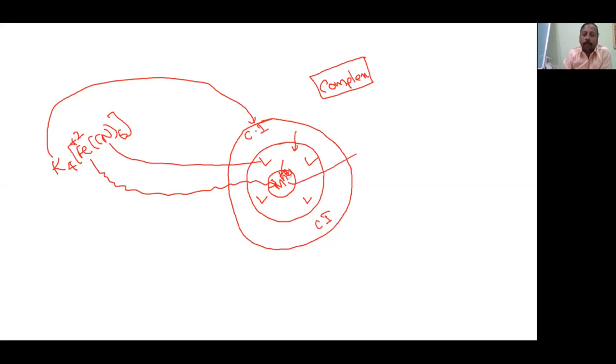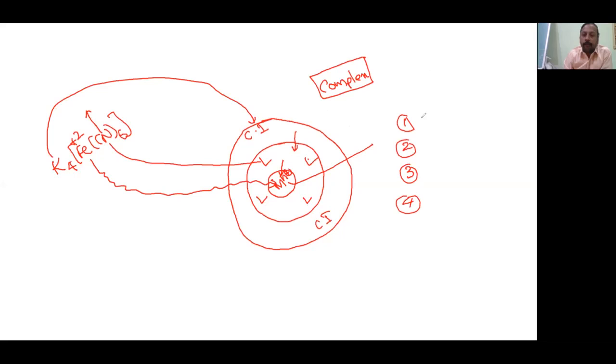First of all, within the metal, metallic bonding. Between the ligand and central metal ion, you will find the coordinate bond. Between the counter ions and this complex ion, you will find the ionic bond. And within the ligand, you will find the covalent bond, like carbon and nitrogen have the covalent bond. You will find all four types of bonds in this complex.